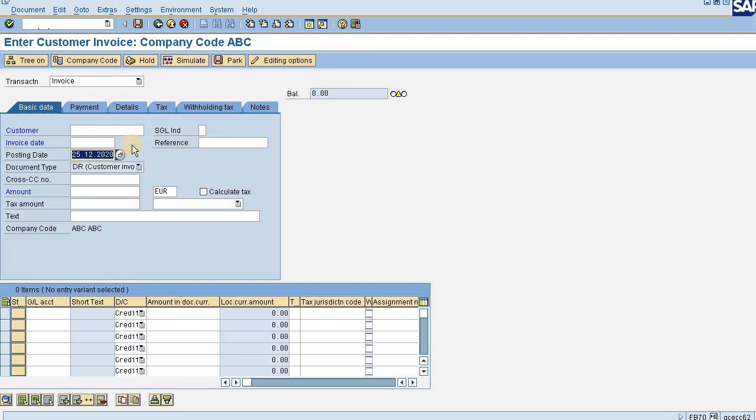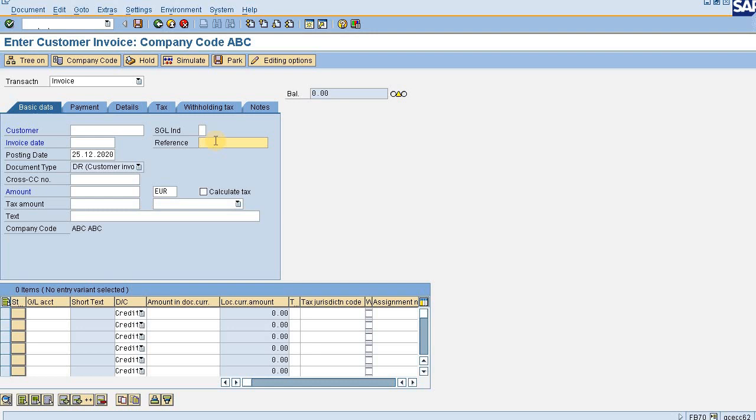Now this can happen. Anything can happen. Like in the reference field, they can put posting date, invoice date, the customer number, whichever may be the value. The main point is, if you know the value beforehand, and if the value is always the same, then you can always maintain it in a substitution rule instead of doing it manually every time.